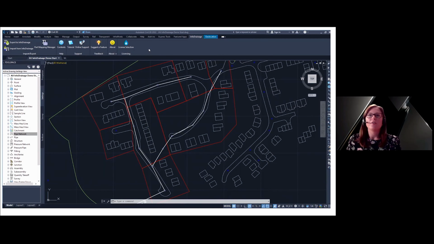As we walk through some of the steps needed today, we'll focus on the aspects that relate to using Info Drainage for Civil 3D, rather than on setting up pipe networks in Civil 3D or the standalone Info Drainage package. But I'll include some links in the handout so you can find out more details about some of the Info Drainage workflows. But to start here, we've got a simple pipe network laid out just with one pipe size and one manhole type.